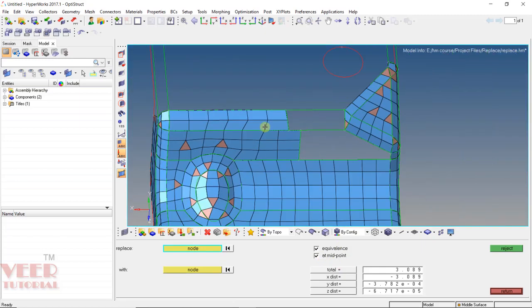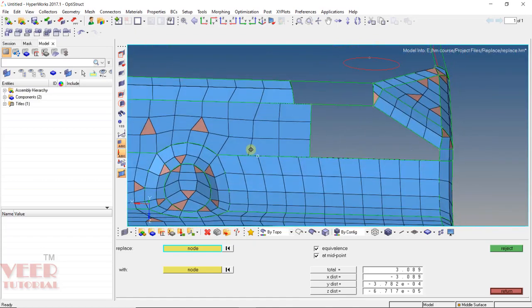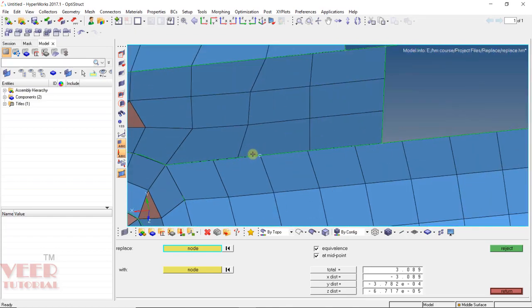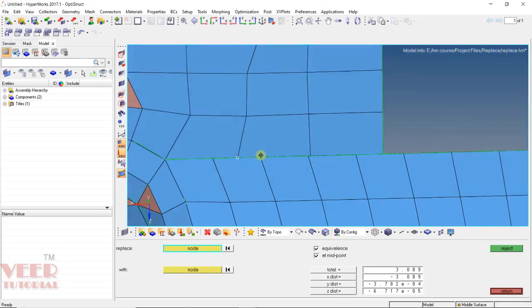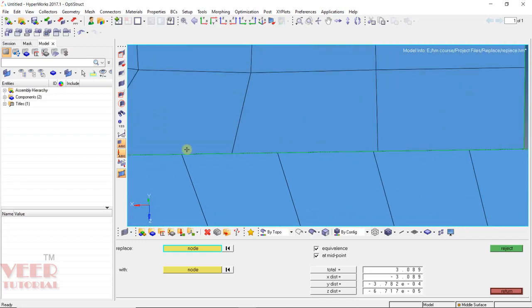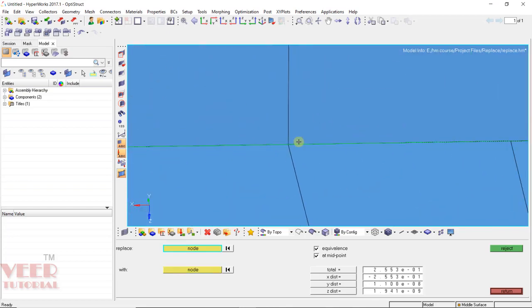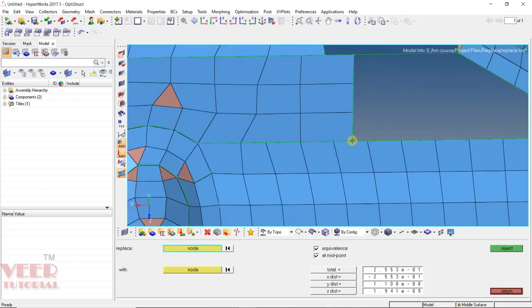Now zoom out from here. So once again we can continue using this function. This function is basically very useful when we have to remove the free edges. So let's say here I can go to this mid here. Select this node, connect this node here. Now similarly connect these two nodes again.